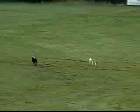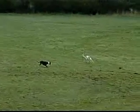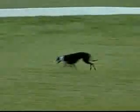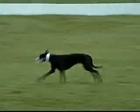A real surprise there, as the odds showed before the course. Well, what a surprise in the Champion Stakes. The white collar Catunda